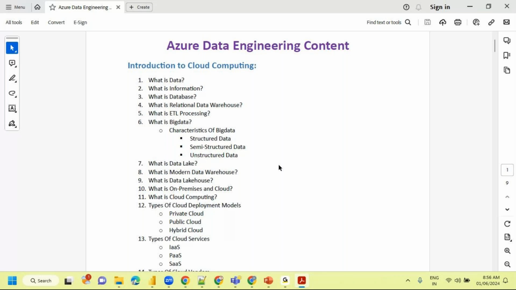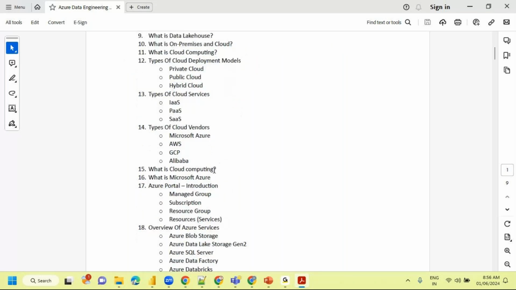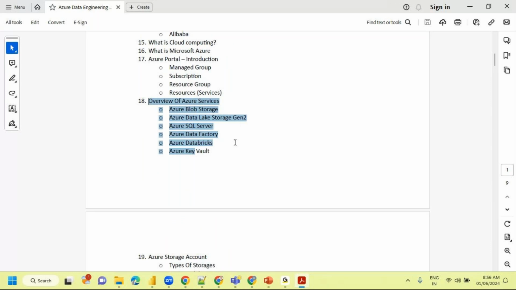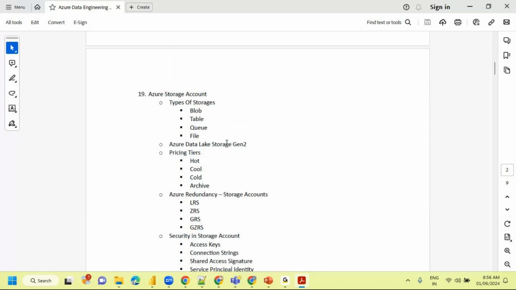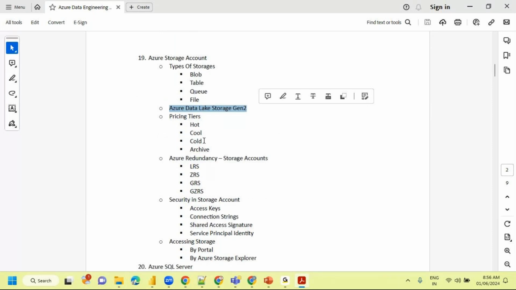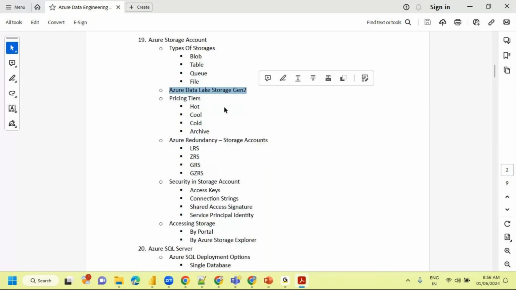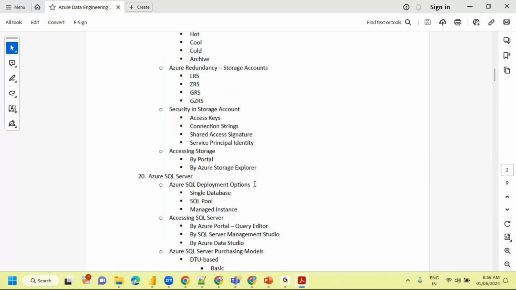So I can go through the content we have provided. These are all the basic things: what kind of deployment models or types of cloud services, for better understanding. And storage: how exactly we can provide storage and what kind of storage mechanisms we have. We are going to concentrate more on Azure Data Lake Storage Gen2 and how we can reduce the cost. We are not going to talk about cost effectiveness in depth, since that will be taken care of by Azure administrators, but we will have a brief idea about it so that you also know how to handle it.